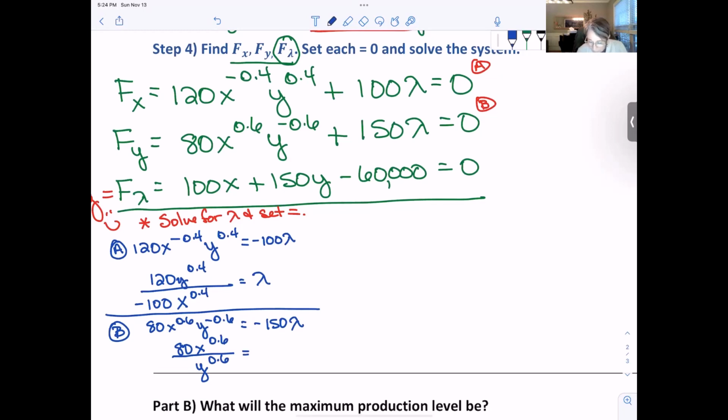And then we want to get lambda by itself, so we divide both sides by that negative 150. Now that both of those are set equal to lambda, I can set both of those equal to each other. So the 120 y to the 0.4 over the negative 100 x to the 0.4 is equal to